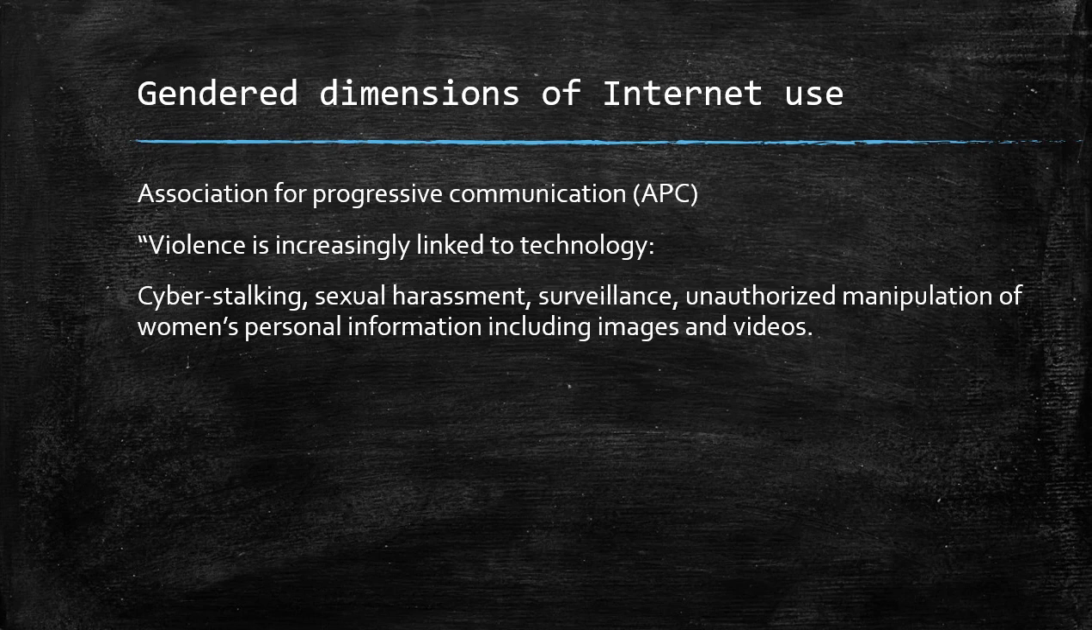Association for Progressive Communication, APC. This is also in the toolkit. You can check it out. This is a global network of civil society organizations, and it works to strengthen women's rights activists to use technology tools in their work. When it comes to violence against women, they highlight how that violence is increasingly linked to technology. So think about cyberstalking, think about sexual harassment online, people being surveyed, unauthorized manipulation of women's personal information, including